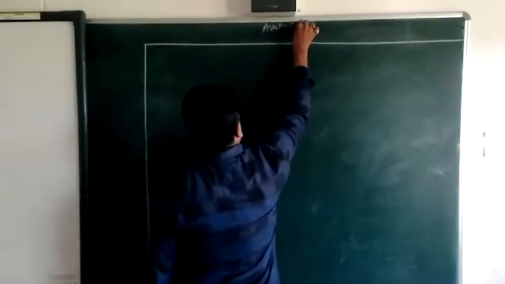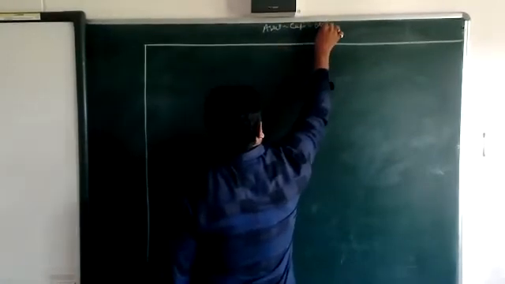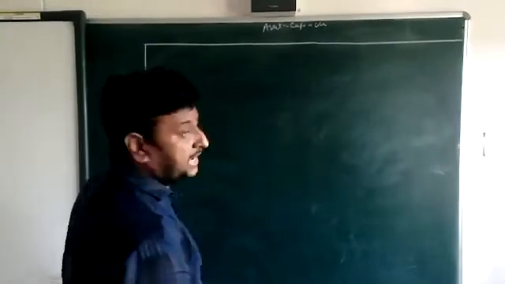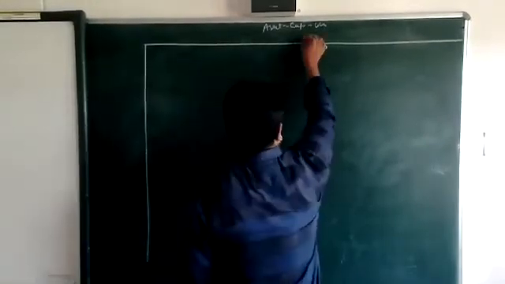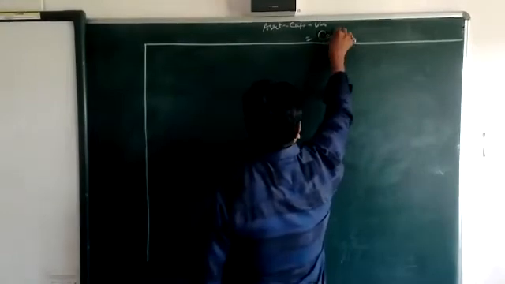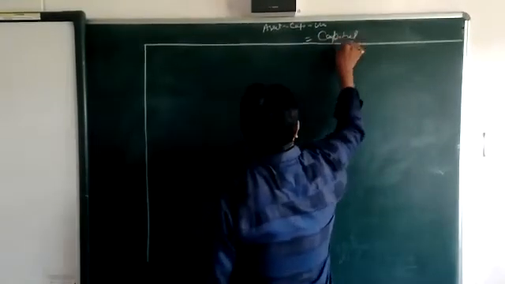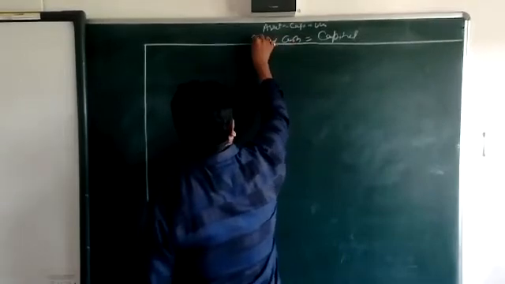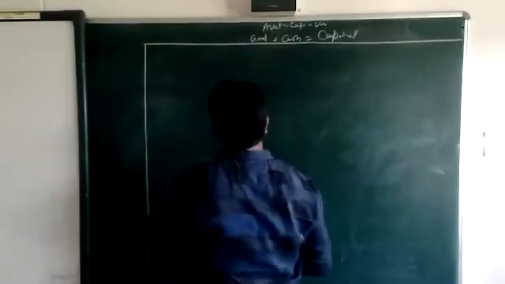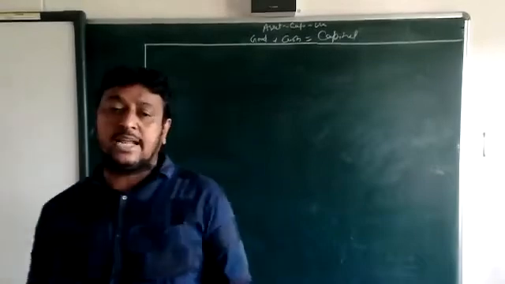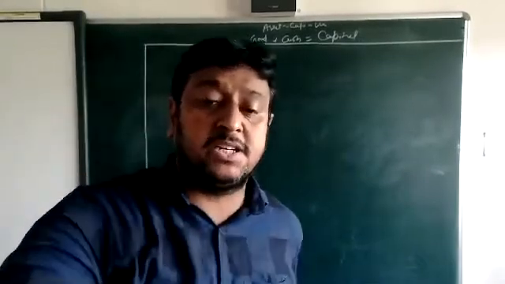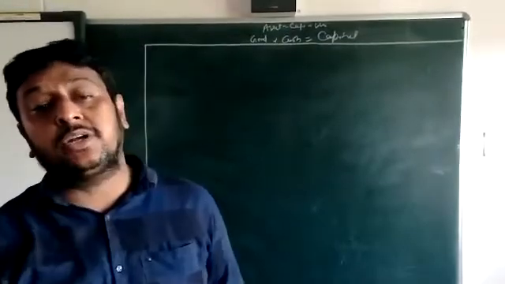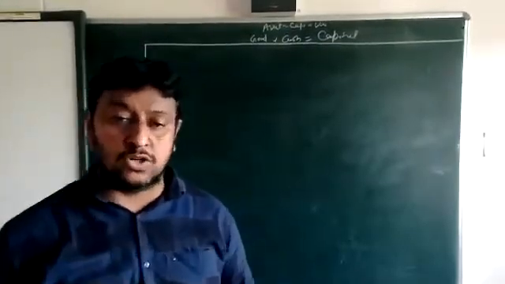Assets is equal to capital plus liability. Starting business with cash and goods. It means this side capital and here two heads, cash and goods. So beta, we are utilizing two heads because that business starts with the two heads, cash and goods. So we are going to take both cash and goods.